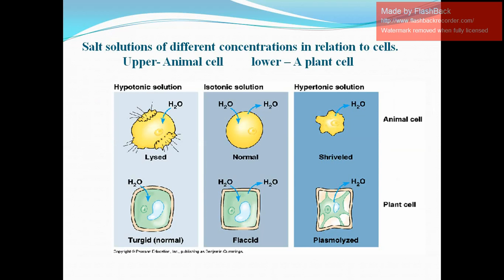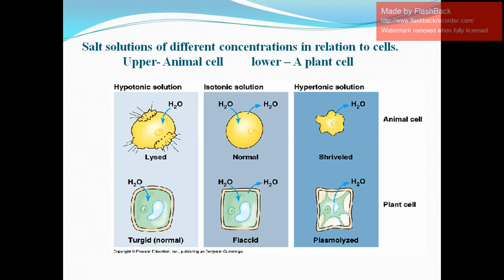Now here you can see a simple, clear demonstration of hypotonic, isotonic and hypertonic solutions. Both a plant cell and an animal cell are being placed in a hypotonic solution. At first you see the hypotonic solution, and both the plant and animal cell are placed there. Look at the condition in the hypotonic solution. The upper one is the animal cell and the lower one is the plant cell. See what is happening then? Endosmosis took place, meaning the water moved from outside the solution into the cell. As a result, what happened?